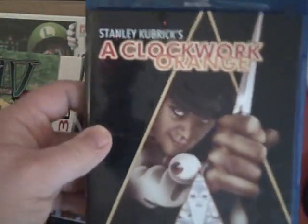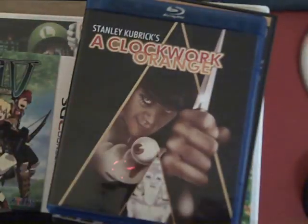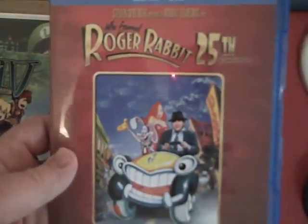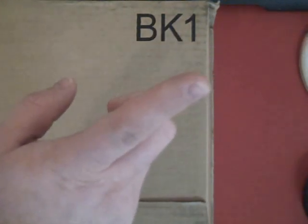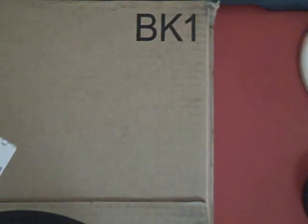I got A Clockwork Orange on Blu-ray because I've been needing to see this. I've been really curious about it. And I picked up the Roger Rabbit 25th Anniversary Blu-ray DVD collection set and the Blu-ray casing, which just has a DVD and the Blu-ray in the Blu-ray casing. So now that all that's done, I guess before I open this,